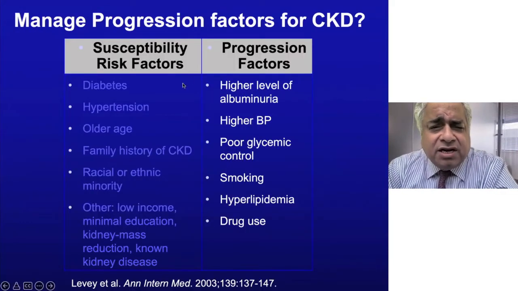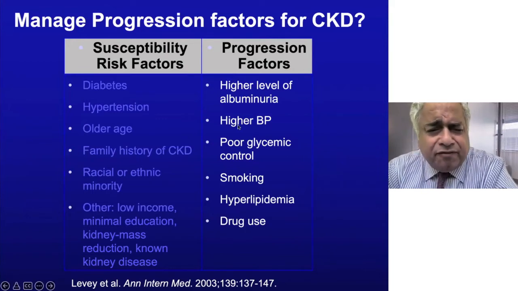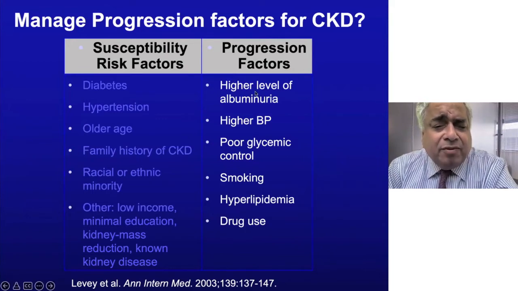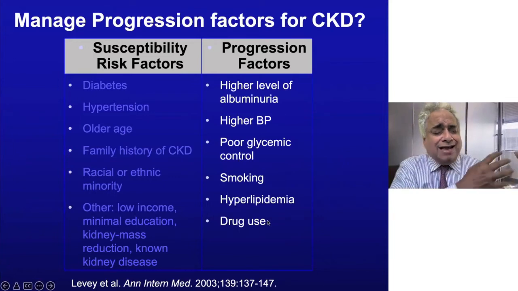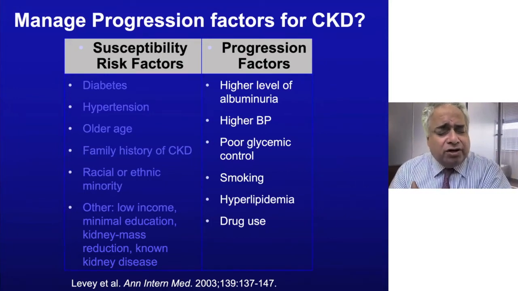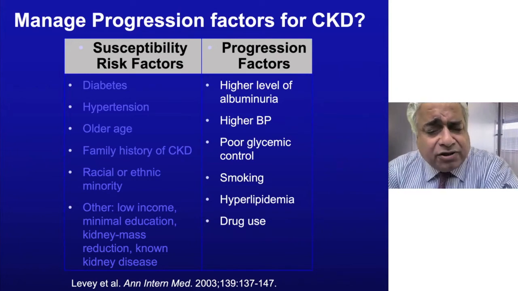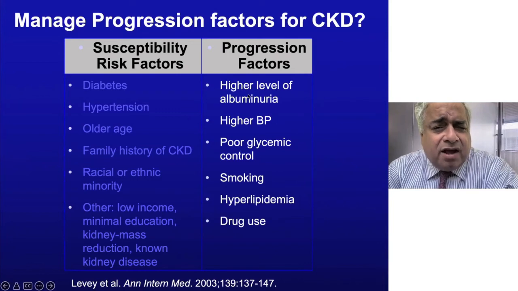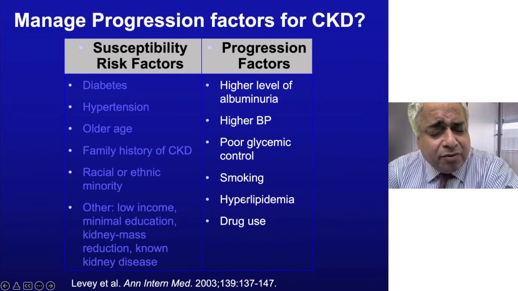Managing progression factors are shown here: a high level of albuminuria, hypertension, poor glycemic control, smoking, hyperlipidemia, and drug use. Drug use can be not only illicit drugs, but even regular over-the-counter drugs like non-steroidals such as ibuprofen and naproxen. You need to manage these progression factors, particularly blood pressure and glycemic control, which are very important. Get the patient to stop smoking, treat their hyperlipidemia with a statin, and tell these patients to knock